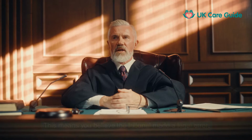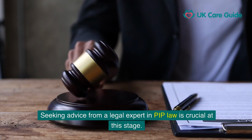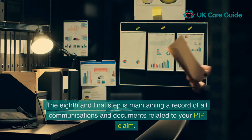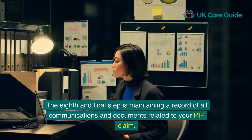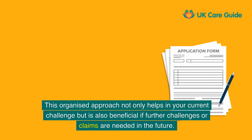of law. This means you believe the tribunal made a legal error. Seeking advice from a legal expert in PIP law is crucial at this stage. The eighth and final step is maintaining a record of all communications and documents related to your PIP claim. This organized approach not only helps in your current challenge, but is also beneficial if further challenges or claims are